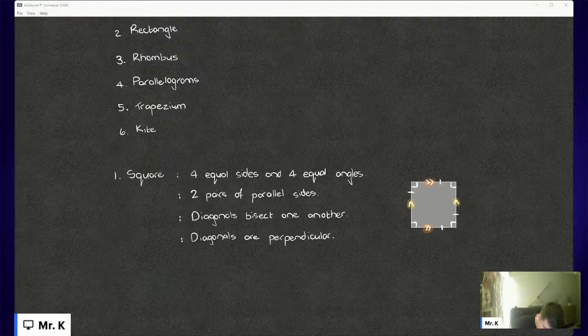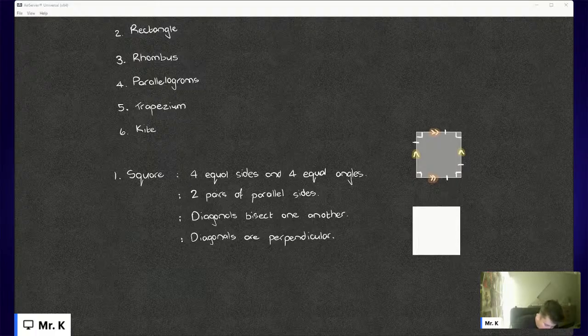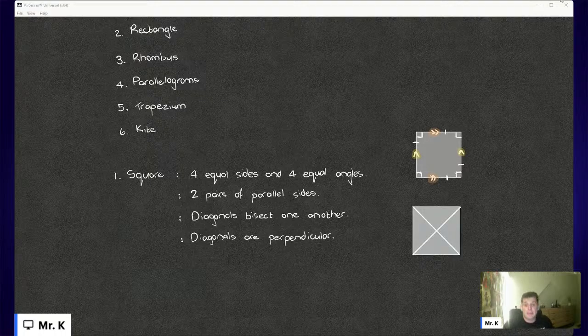Okay, let's leave this over here. I'm going to draw a second square very quickly. Right. When I talk about diagonals, like I said, it is referring to the lines that stretch from one corner to the opposite corner of the shape. Now, when we say that diagonals bisect, grade nines, please understand that that is a word that is used incorrectly a lot of times. When we say that they bisect, we mean to say that the diagonals cut each other in half, meaning that